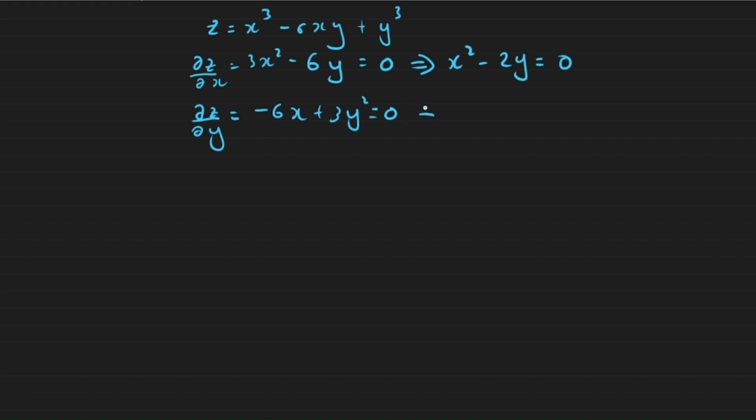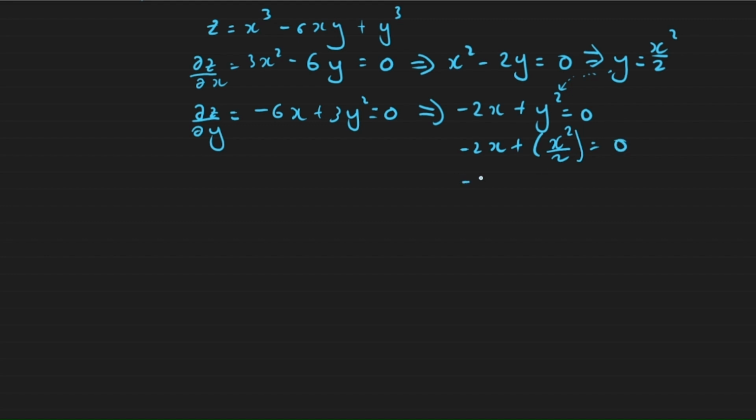And then we'll do the same thing for the other equation. We get minus 2x plus y squared is equal to 0. We can make y the subject of the formula in the first equation, and that will give us y is equal to x squared over 2. We can then substitute that in. We have minus 2x plus (x squared over 2) squared